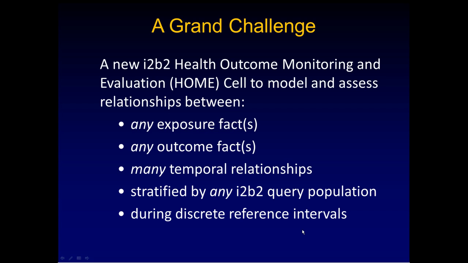So moving on to the actual home cell itself, with that new ontology and a series of research questions that we had, mostly related to trying to study the health outcomes related to health insurance reform in Massachusetts, we took on what we call a grand challenge, which was to create a new I2B2 health outcome monitoring and evaluation cell to model and assess a wide variety of relationships between essentially any fact as an exposure in I2B2, any other fact as an outcome, or some combination of facts, modeling many relationships related to time, how things occur in time